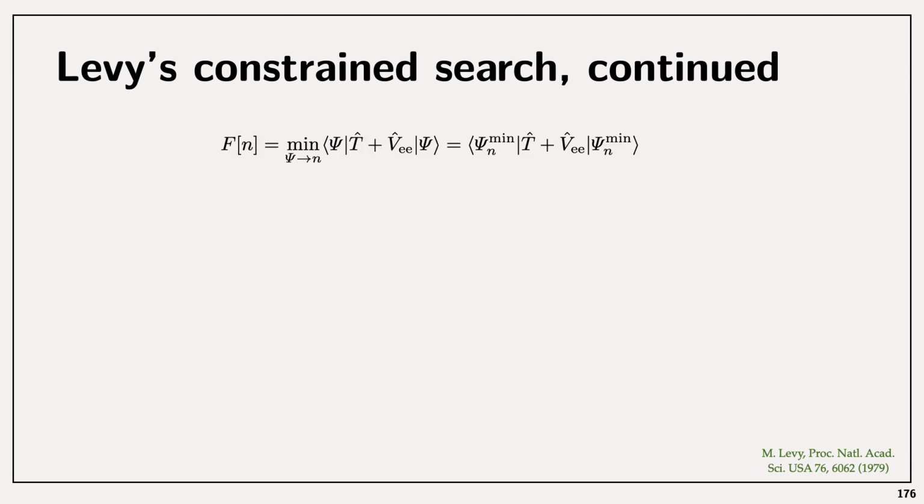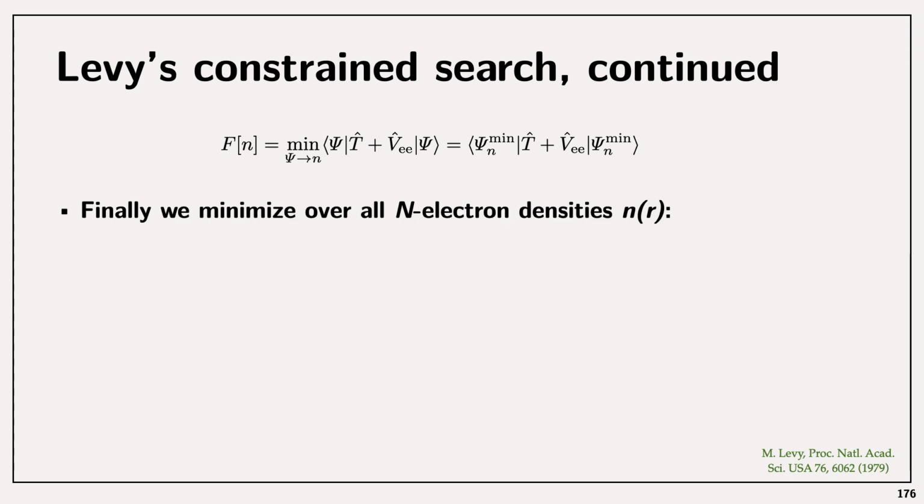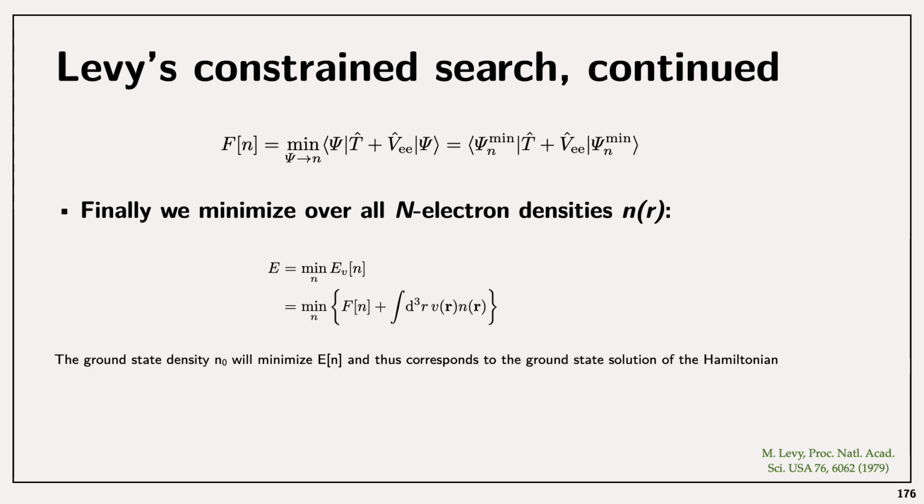Now what we can do is that we can decide to minimize that functional F of n for all the densities, right? So if we minimize that functional F of n for all the densities that yield n electrons, again, this is a constraint, always that constraint that we have, we find that that energy is going to be obtained by minimizing over all the densities the energy, which is F of n plus the integral, of course, that really corresponds to the external potential. So essentially what we just wrote here, because we are looking at every possible density that yields n electrons, and we are looking at all the wave functions for each of those densities, we know that this minimization problem is equivalent to the minimization problem that we had